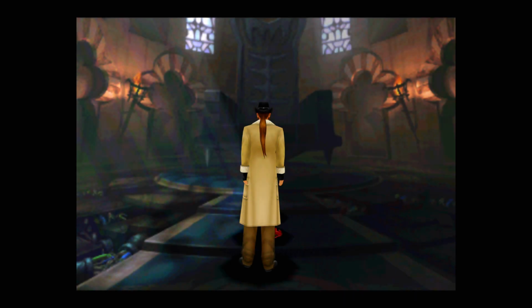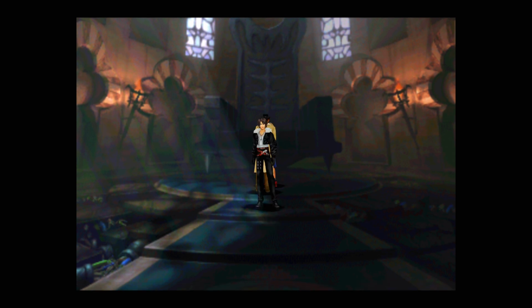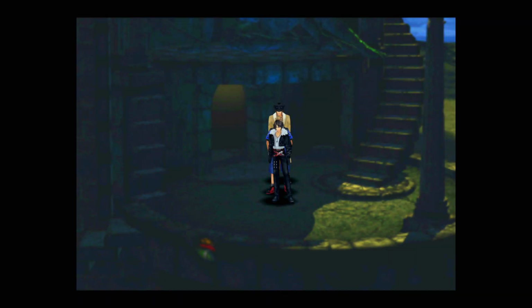Alright, so the way he works... Oh yeah, we don't have a timer now, so you can just farm this area if you want. The Forbidden guys, the skeletons with the swords, they drop their sword that you can use to upgrade Squall's gunblade,